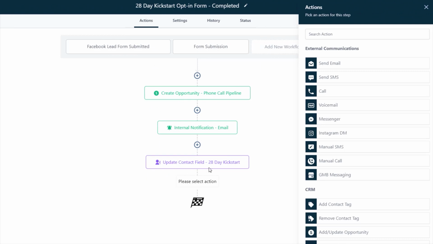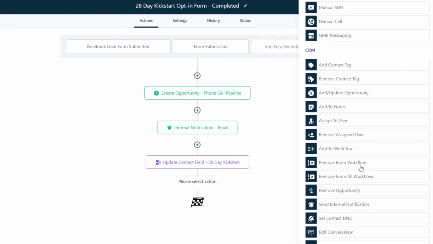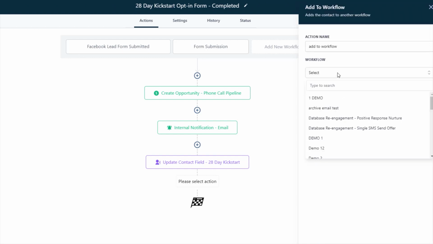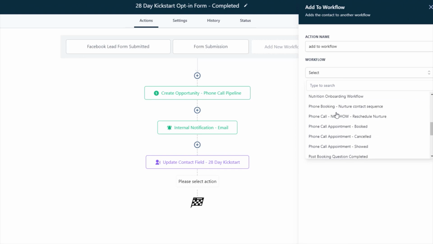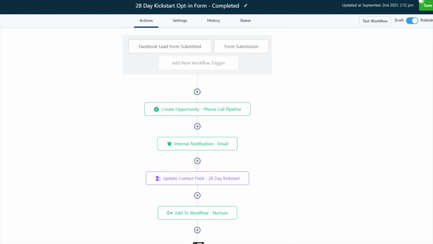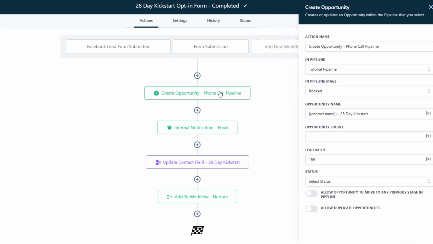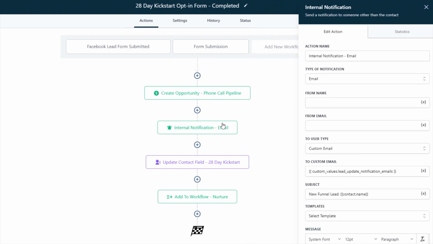We want to make sure that they get into there before they actually fill in this contact field because that will affect the messages that they get in the workflow. So we're going to add them to the workflow. There we go, the phone booking nurture contact sequence. So what will happen when they hit that first page, they fill in the form on the first page, which is the 28-day kickstart lead form. When they fill in the 28-day kickstart lead form,